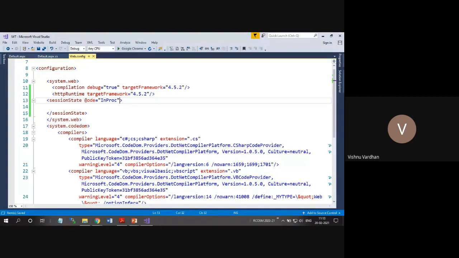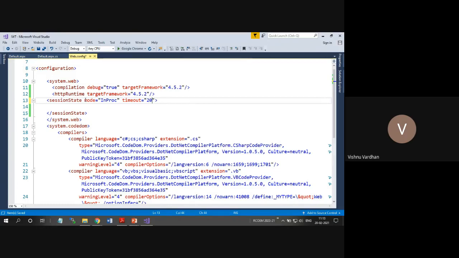Okay, and in the last session we discussed what is the default timeout. What is the timeout that we discussed in the last session, if we are not overwriting this with our own setting? Yes, anybody can say. So in the last session itself we have discussed that. So what is the default timeout? It is in minutes and it is 20 minutes.